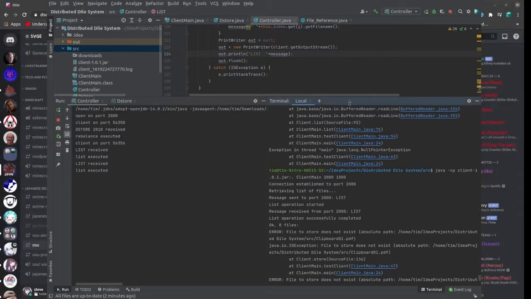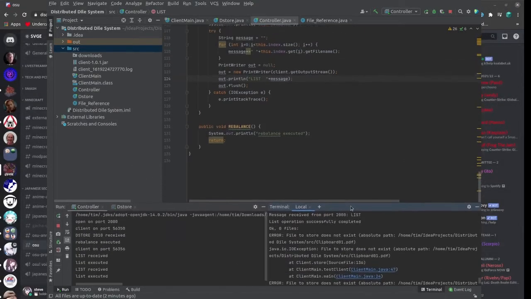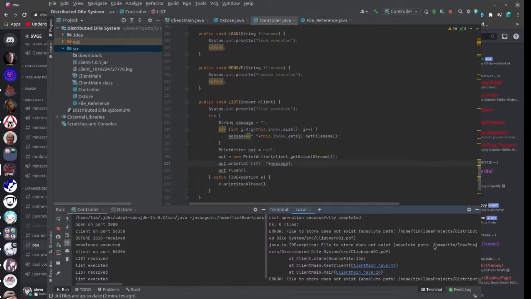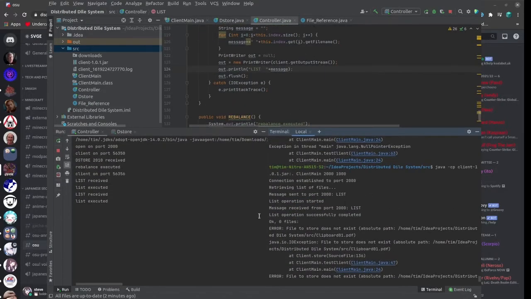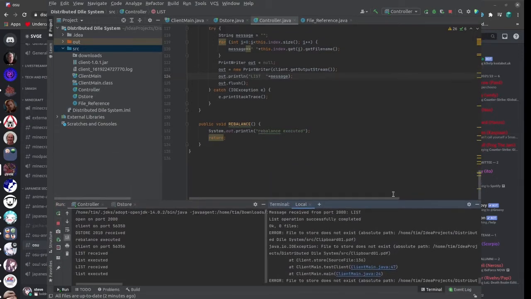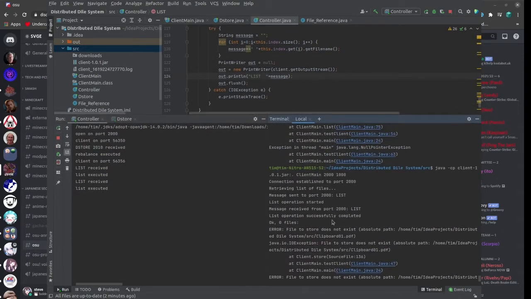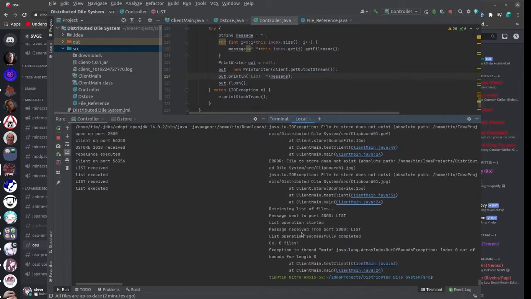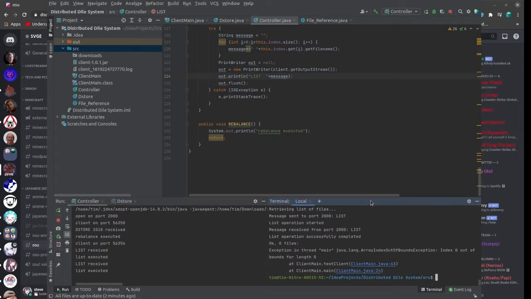Right. But yeah, that looks like list is working, which is fantastic. Obviously, it did say 0 files. Okay, 0 files, but there was meant to be 0 files at that point. That's the thing. There was meant to be 0. Yeah, see, at the end, there was also 0. That is not true. There was meant to be more than 0 at the end, because by that point stuff's meant to have been added, and obviously it wasn't, so